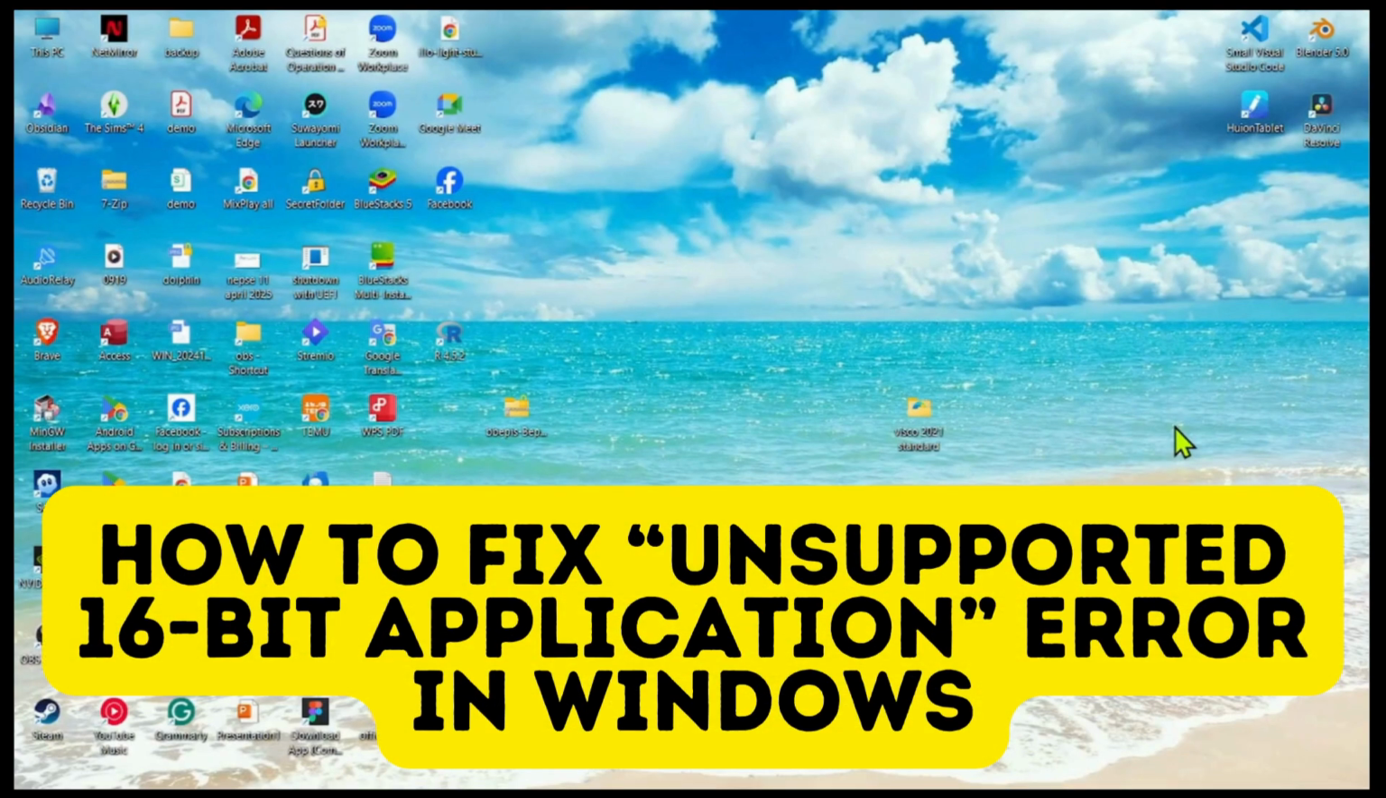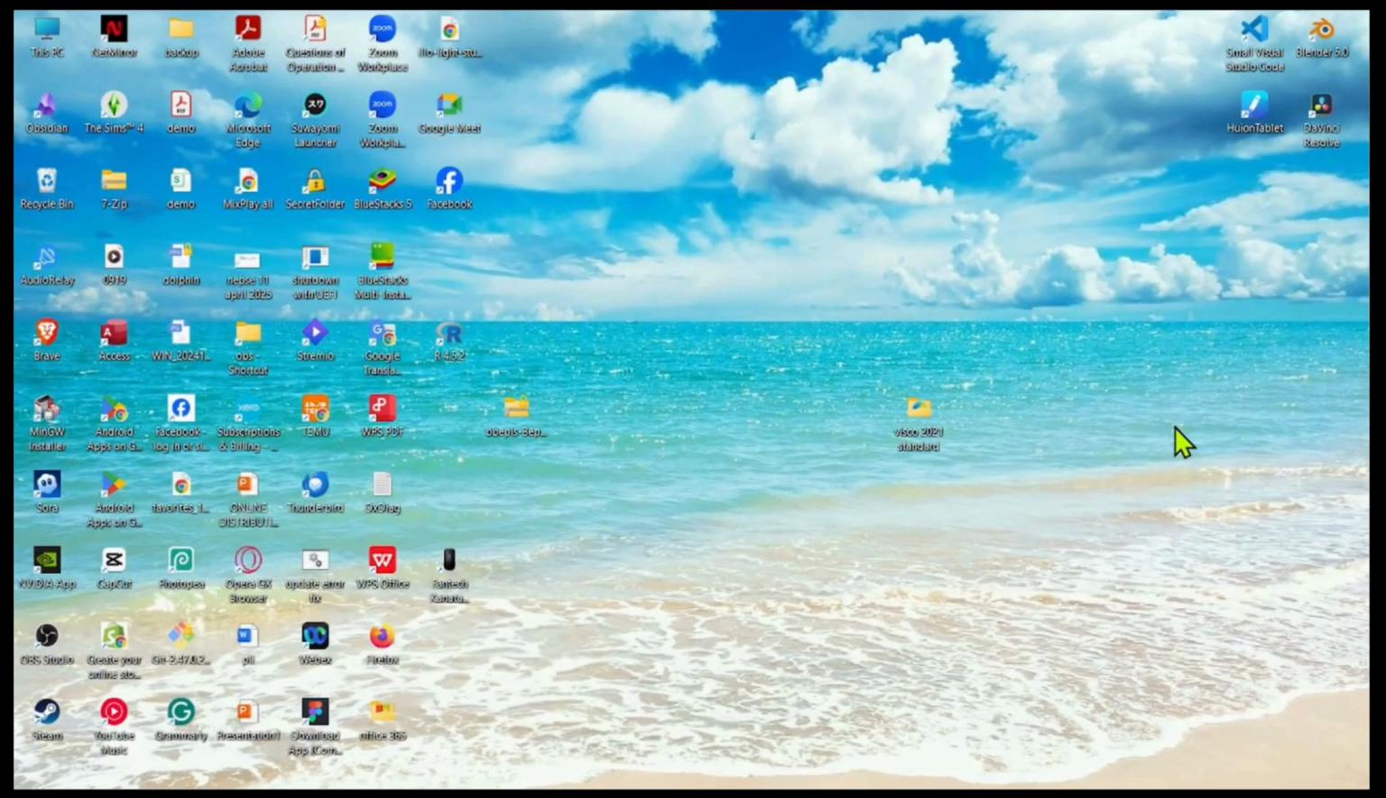How to fix unsupported 16-bit application error in Windows. So if you want to fix unsupported 16-bit application error in your Windows, then what you need to do is,